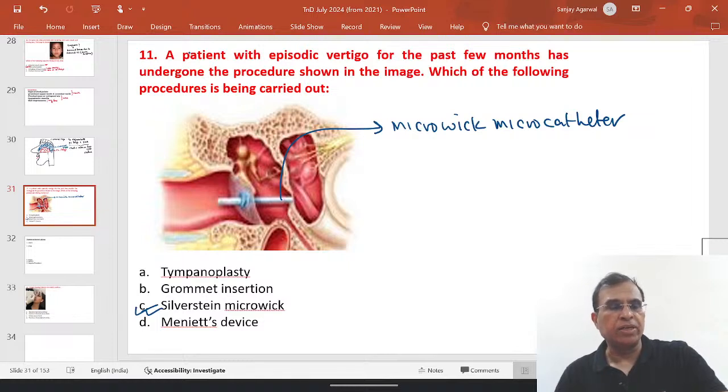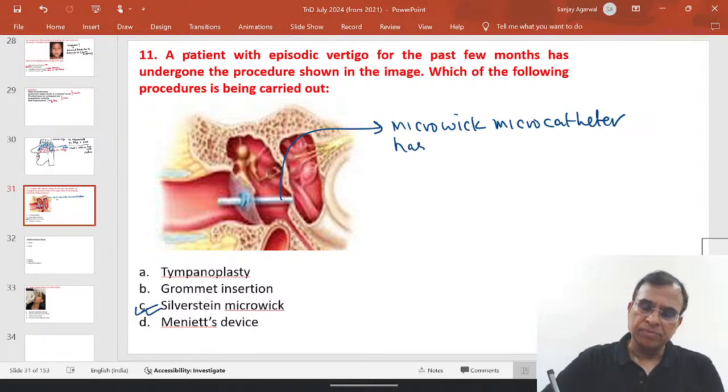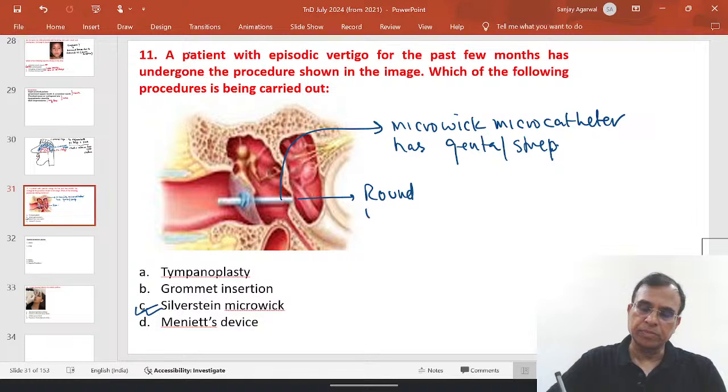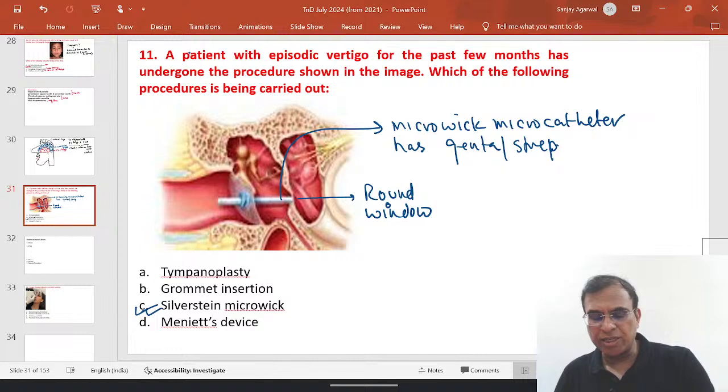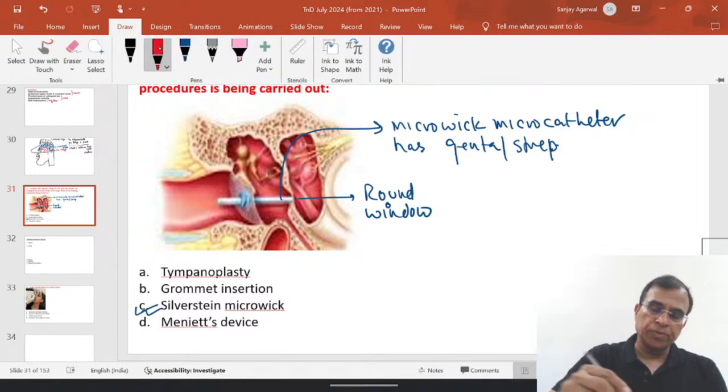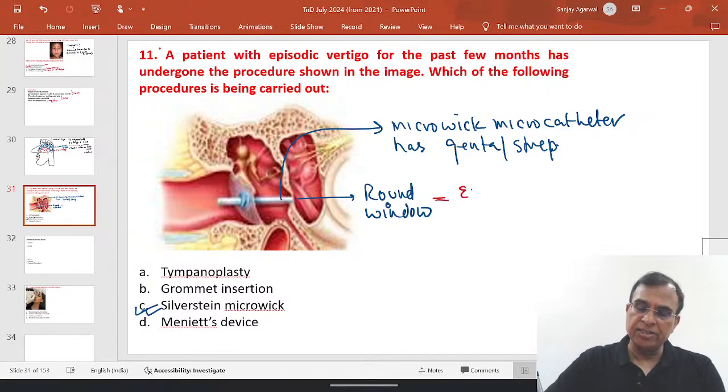Based on the name of the company, it can also be called Silverstein. It has either gentamicin or streptomycin inside it, mostly gentamicin, and the tip is placed at the round window. Now this is the most important point about this particular procedure. Where is the tip of this microwick microcatheter placed? At the round window, and through the round window gentamicin enters